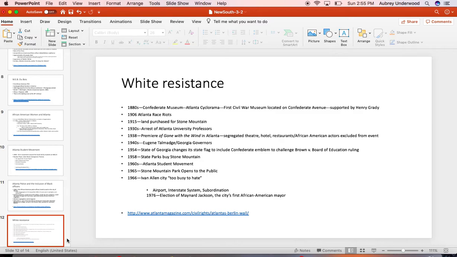I'll say a few more things about her before I go. But Gone with the Wind very much celebrates the Klan, is an incredibly racist movie and book. But nonetheless, when they tried to show it in Atlanta in 1938, it was to a segregated audience. And some of the white actors refused to show up unless they allowed for Black actors to come into the theater. African American actors, of course, are excluded from this, and their protest stations don't even matter.